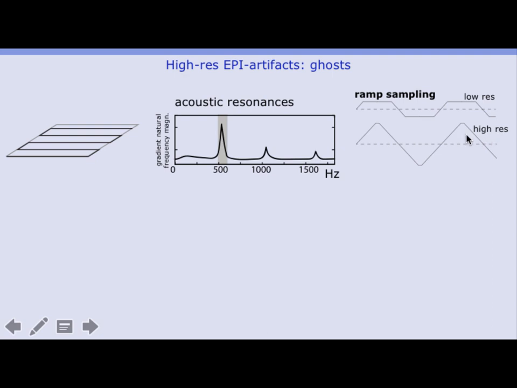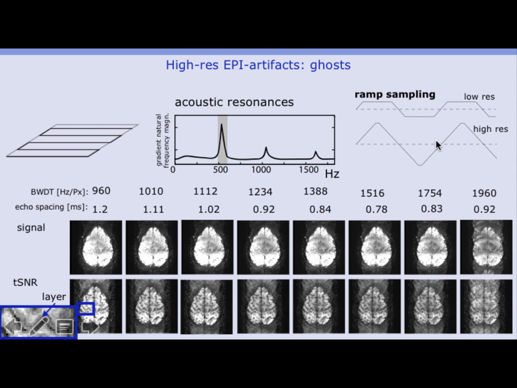So for example, if you have these kinds of triangular shapes, any kind of delay of gradients can no longer be approximated with a global phase shift, because every point in k-space now would have a different phase shift for a constant delay. And to give you an idea what this means in terms of data quality, I tried to look at the same slice for different switching rates